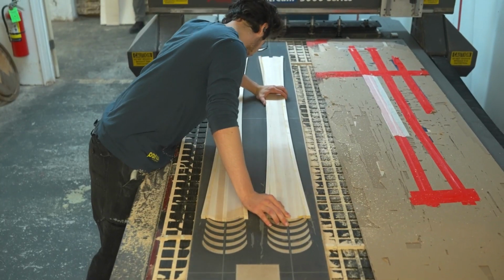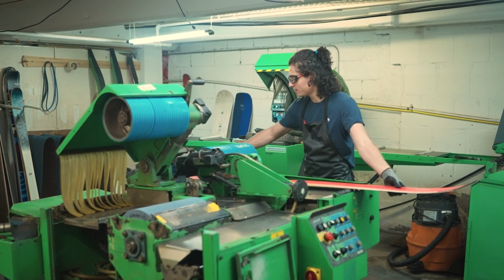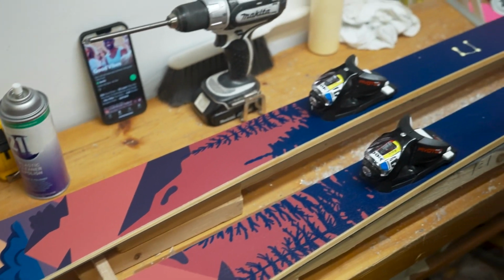How are you tailoring those skis to each specific person? There are a bunch of different factors that go into it. Length, side cut, rocker, flex pattern, graphics. And so by understanding who the skier is, what their technique is, what kind of terrain they're on, we can actually modify all of those different elements of the construction of the ski in order to make it match perfectly